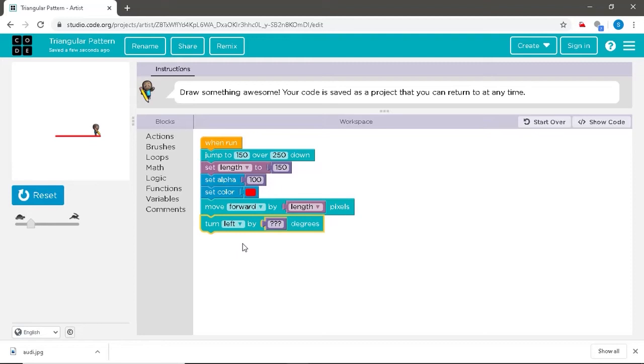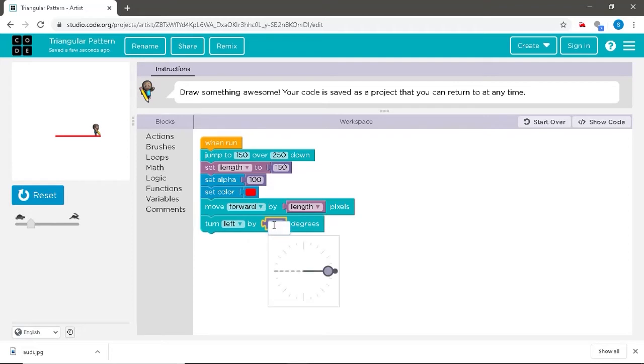and as you know, the angle between any two sides is 60 degrees, and since now we are taking a whole turn, the amount of angle that the artist should turn should be 180 degrees minus 60 degrees, which is 120 degrees.